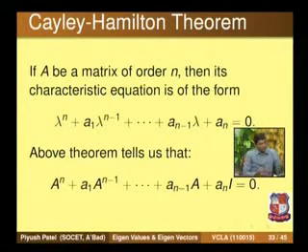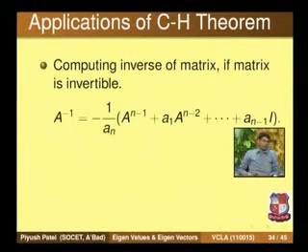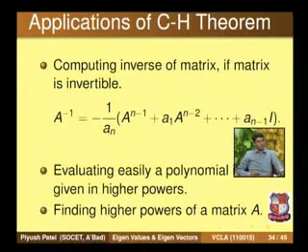So multiplying this relation on both sides by the matrix A inverse, and then writing the expression for A inverse, we get the following, that is A inverse is given by this expression. What is this expression? It is an expression in one less power. So using this way you can find the inverse, which we will see systematically by doing an example.